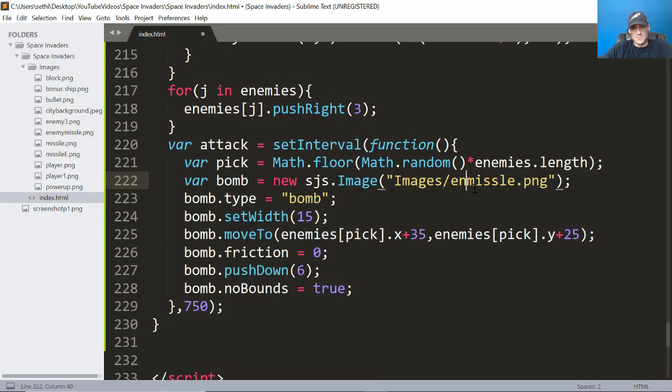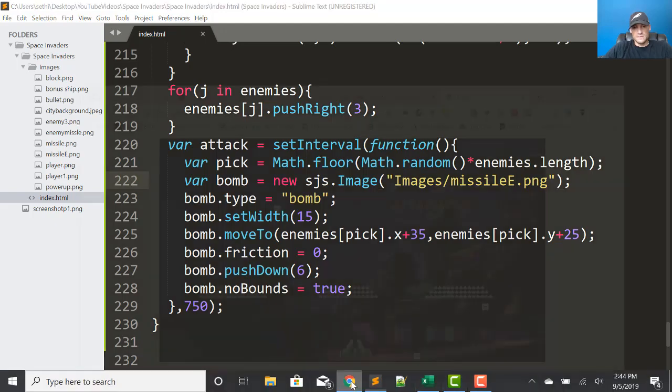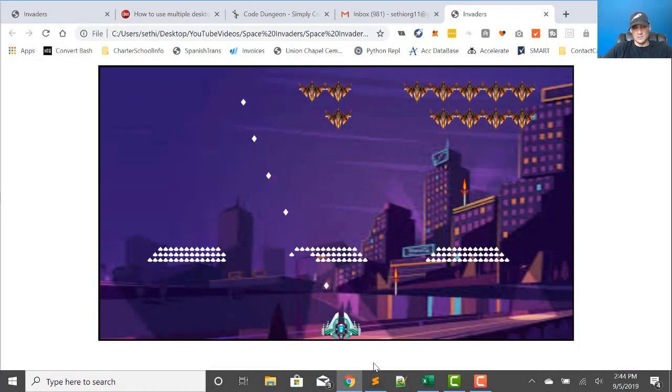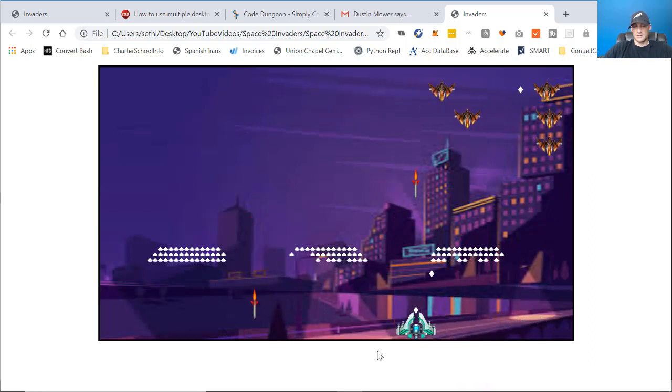Okay, and hopefully I spelled missile right in that one. Missile, I did. And the capital E. So let's save. Now we'll refresh. Let's see what we get here. Boom, there we go. Oh, those are some daggers. Okay,